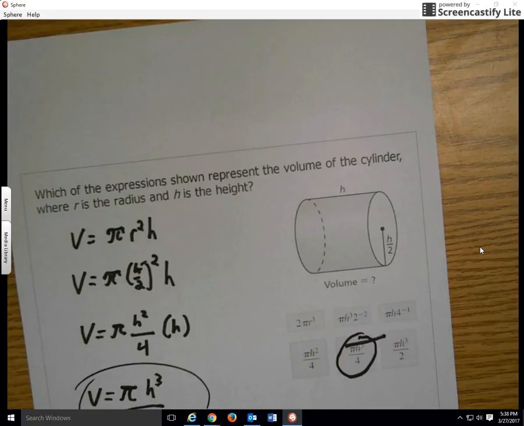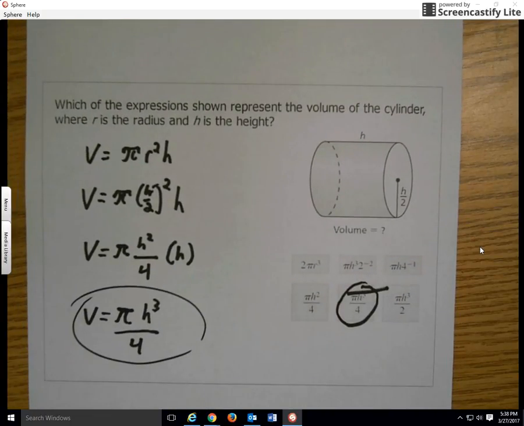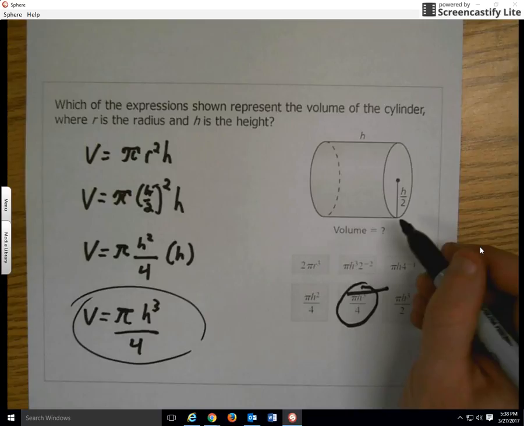In order to find out, we can use these other properties of exponents to see if they will actually work out in this situation. Scoot this up just a bit. So let's see what we can do here. Well, one thing we could do is h equals 2r. We know that because it tells us